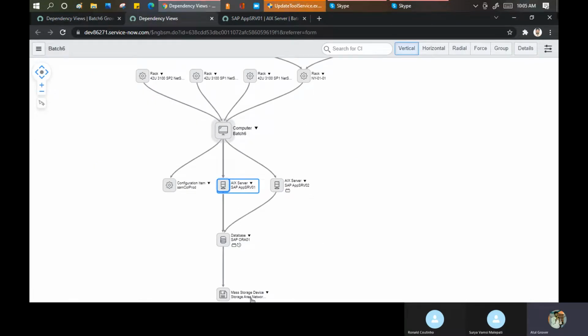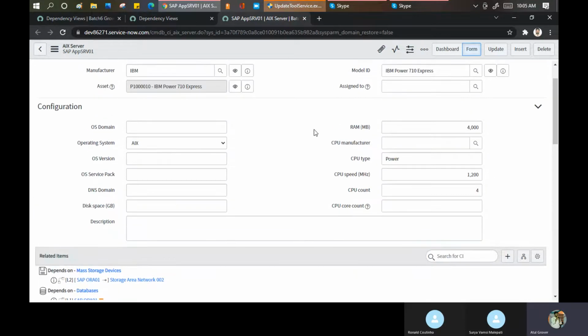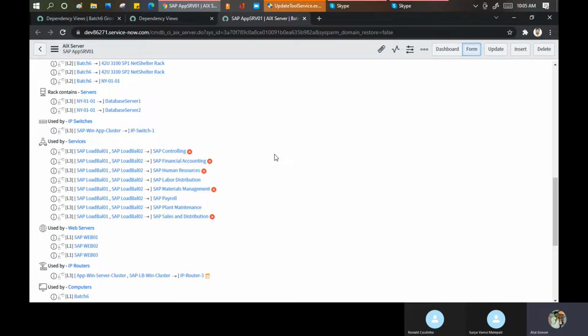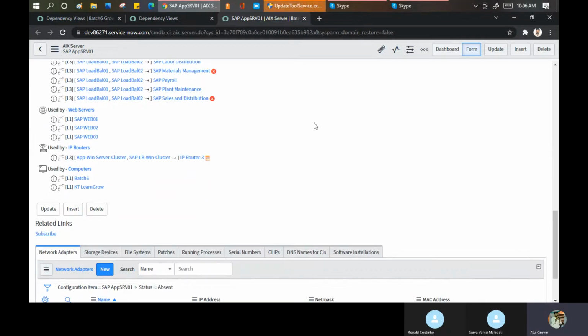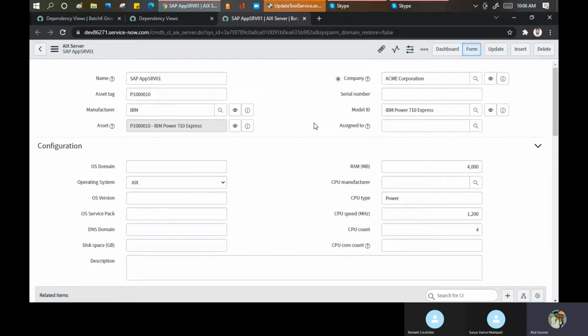Maybe I need to take approval up to this level. Take this one's approval, this one's, this one's. And they know that the change is not going to impact them, but we have to take approval from them. So we can pick these up from the assigned to person, or the service owner, or managed by, or support group. We have to take the approval from them as well. This is something we consider in our CMDB part, and that is the second reason, Ronald, that we use this dependency graph.